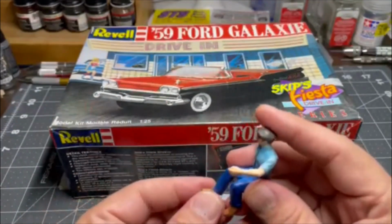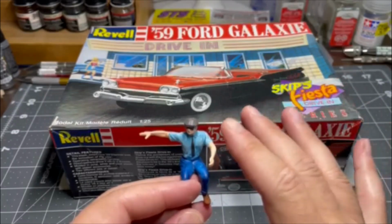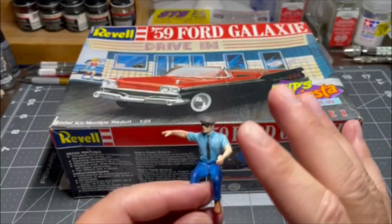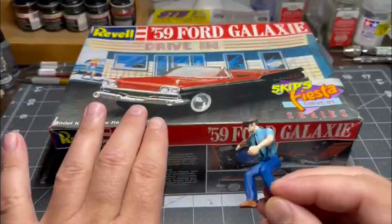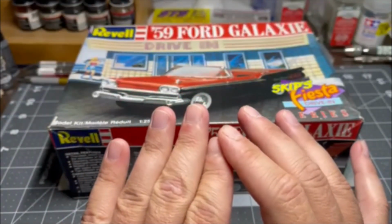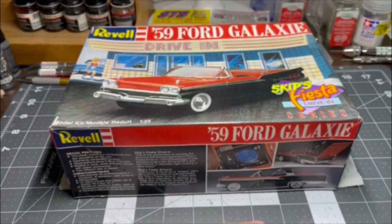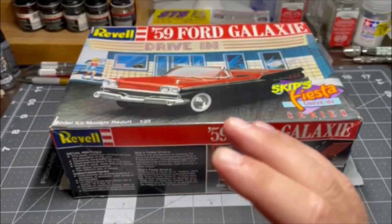Okay, so to best explain it, I have covered many times test fit. All of you know test fit. For those who are just getting into model building, test fit. This kit is the exception to the rule. I think, well, pardon me, with the debacle that was the Duplicolor primer, the spray can primer, that was just the beginning of all the